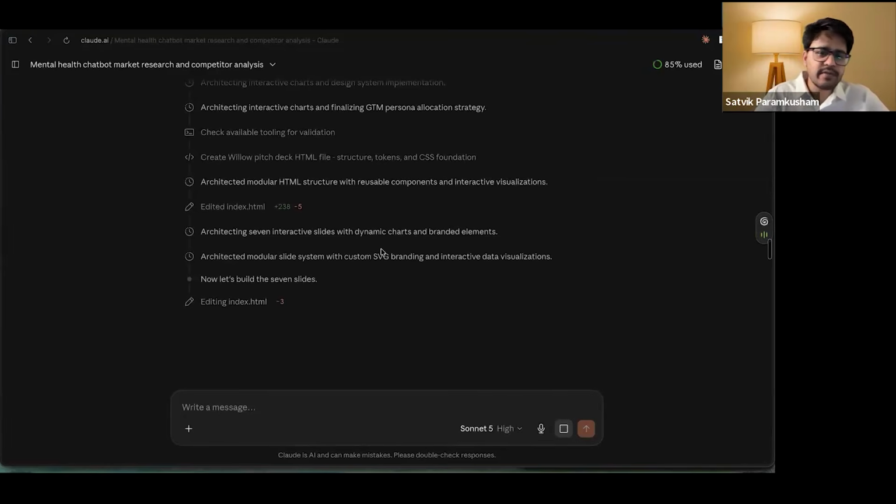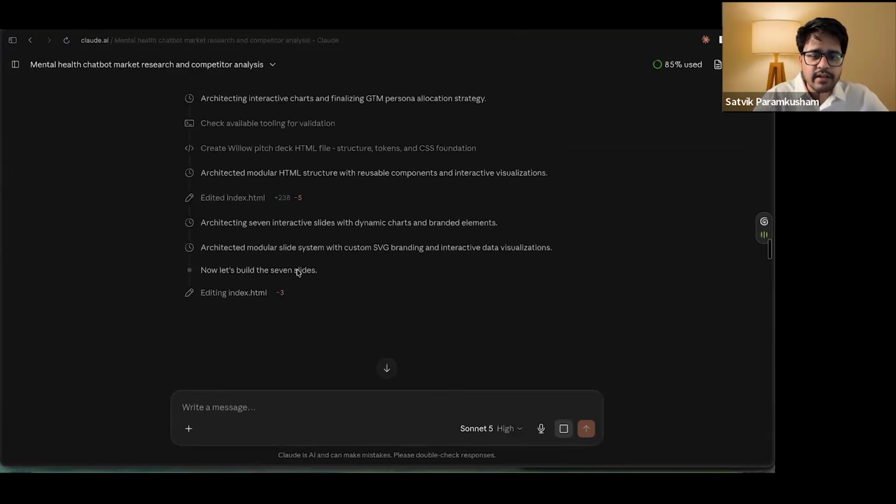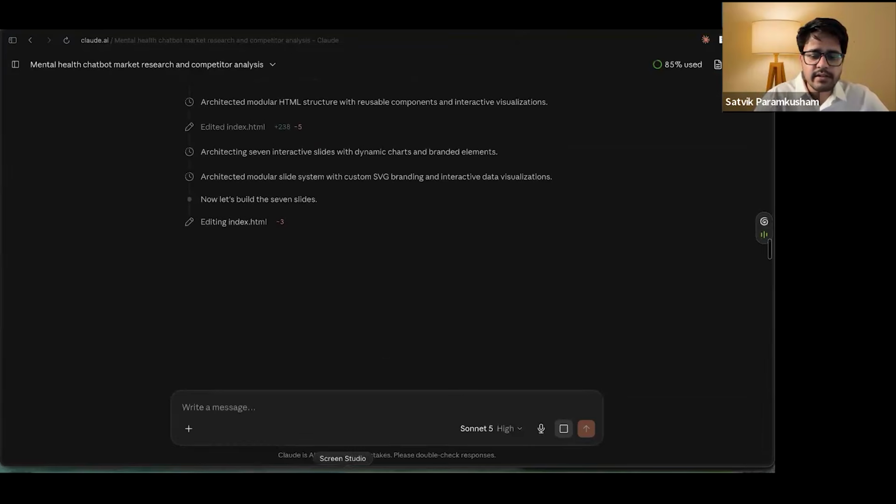And ChatGPT at times, if you use a high model, is also very, very slow compared to this. So I personally prefer Claude when I'm doing these types of tasks, but it's up to you. You can also choose ChatGPT, DeepSeek, or any other model that you like. Okay, it's actually taking unusually long, but let us just give it a couple more minutes and see